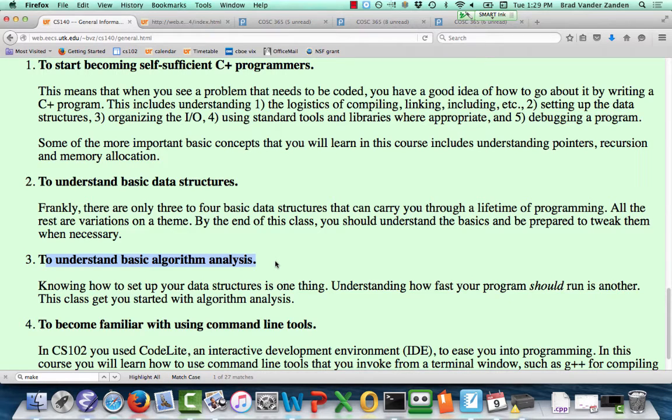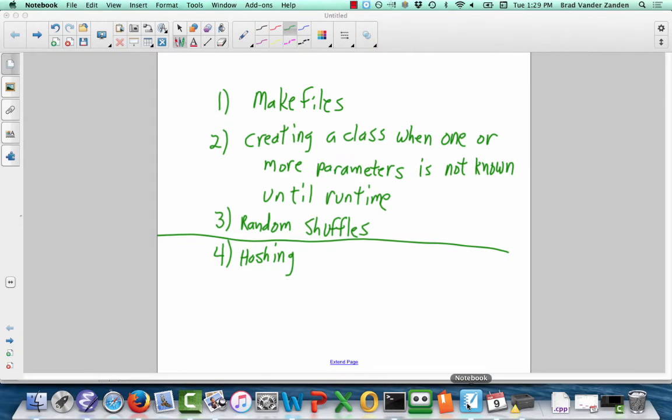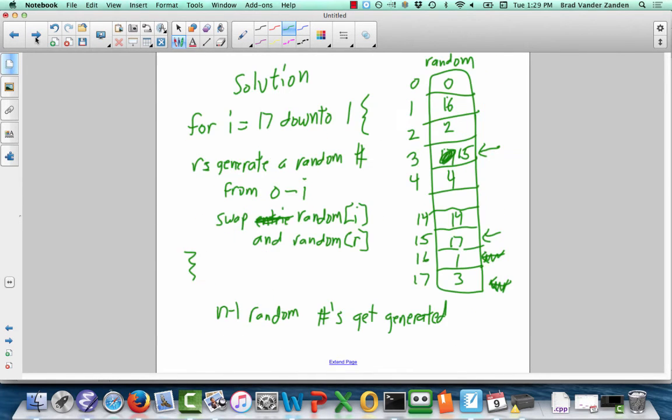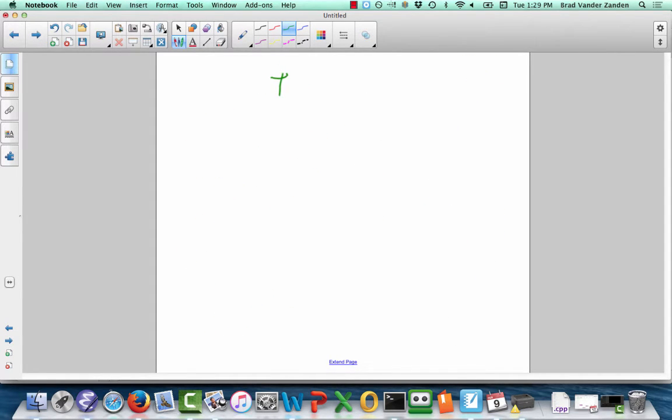And the basic theme for the rest of the semester is this. How do we organize data